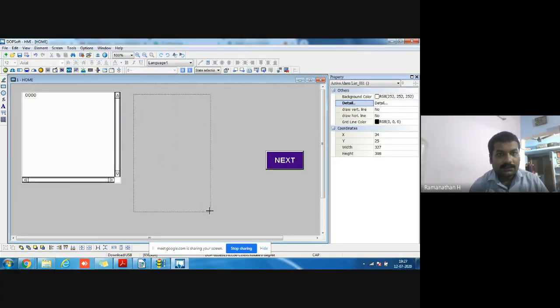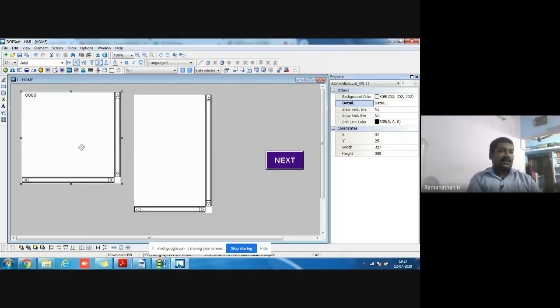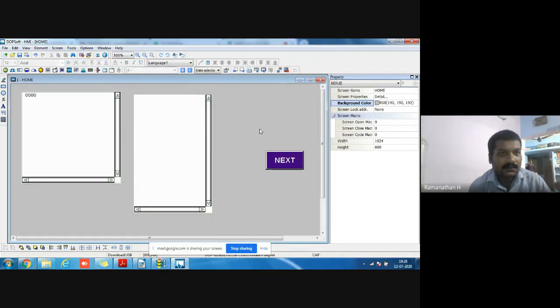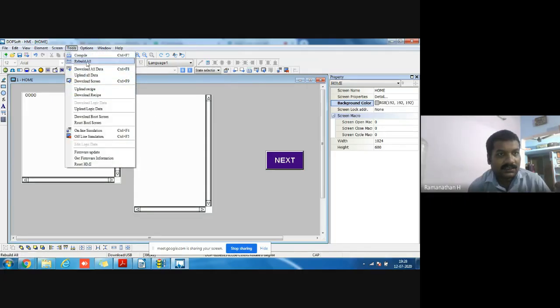Alarm history table means active alarm displays only the present active alarms. Alarm history means 1 month alarms, 1 year alarms. So that much previous historical alarms are also present here. Then tools is a normal basic compile, and this is the download and upload of screens to the HMI hardware. Okay. And it's a firmware update version. That's the one. This is the download and upload options to the hardware and HMI. And recipes also available.